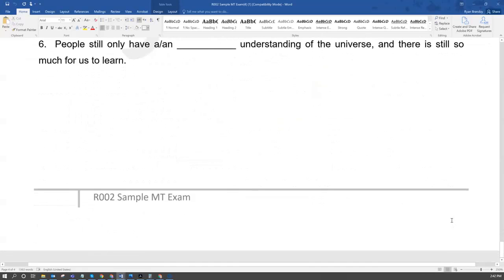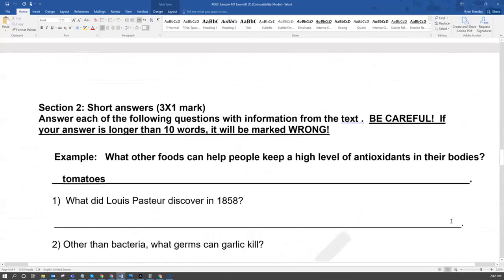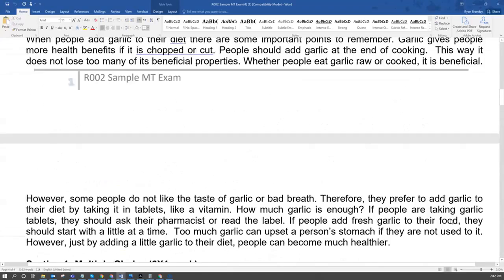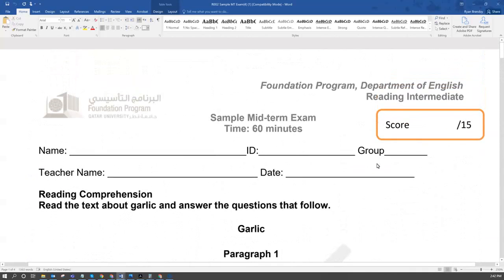Okay, and that is the exam. You have an hour to do this exam, and remember all the tips that we do for the exam. If you have any more questions about the midterm exam, please do not hesitate to contact me